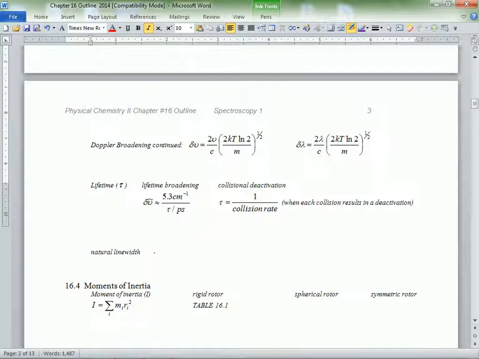Okay, Doppler broadening continued. So now we're just throwing in the mass, now we're talking about a distant star. And this little line is supposed to be at this wavelength because we see it right here on planet Earth. I'm looking at the spectrum, and what's an element that would be in a star? This little iridium 77, whatever, it's supposed to emit right here. Well, here's iridium 77 in star XYZ, and it's shifted a little bit, right? So you can calculate really the temperature of that star is what you're really after, because you can measure all